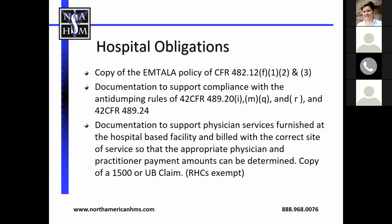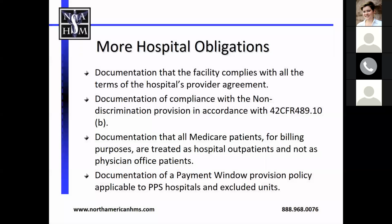Now, our hospital obligations are evidenced by our EMTALA policy, our anti-dumping rules, our support services furnished at the physician, so that we're billing with the correct site of service. So just a couple of things that I want to say about those things. We have documentation that the facility complies with the hospital provider agreement. So we have to be able to show that we're in compliance with the hospital provider agreement,